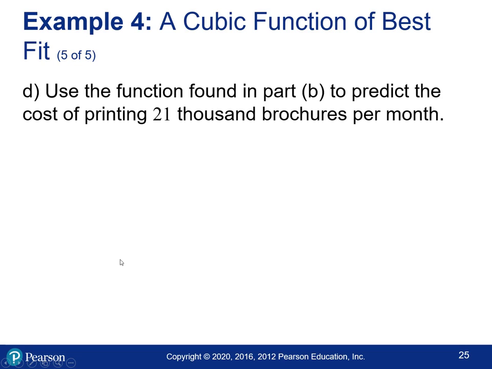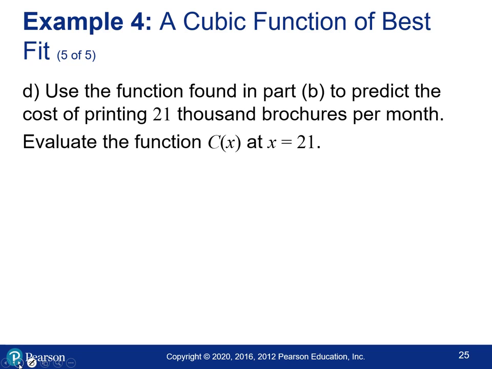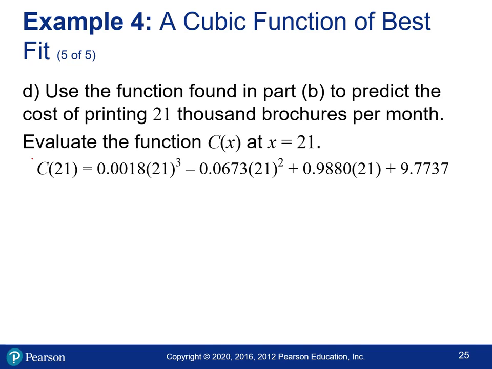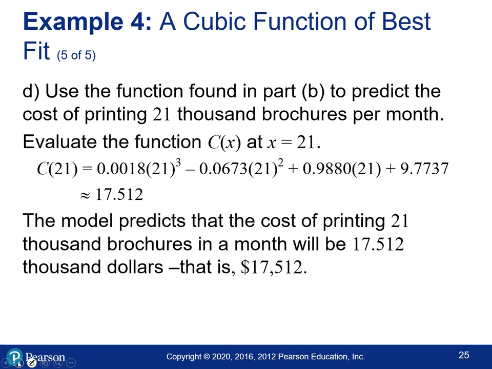Alright, then the last thing we're going to do is use the function we found to predict the cost of printing 21,000 brochures per month. We had a cost function that we found using technology, and we're just going to plug in 21 for x into that function, and then calculate that it's about 17.512. And remember, this was in thousands, so the model that we came up with, using technology, predicts the cost of printing 21,000 brochures in a month will be